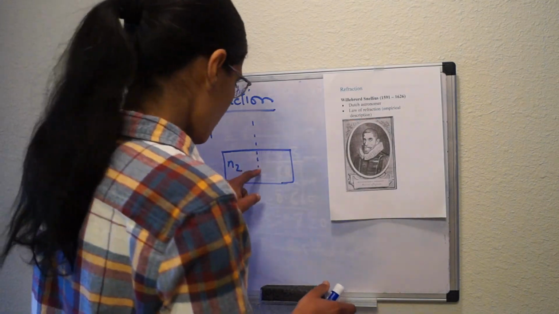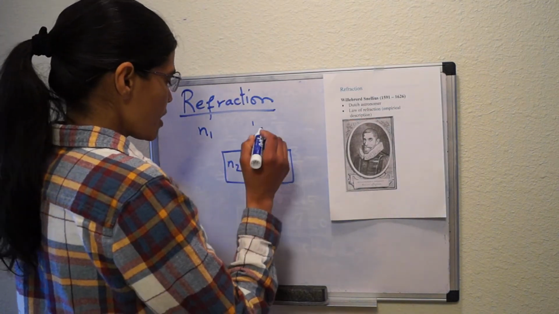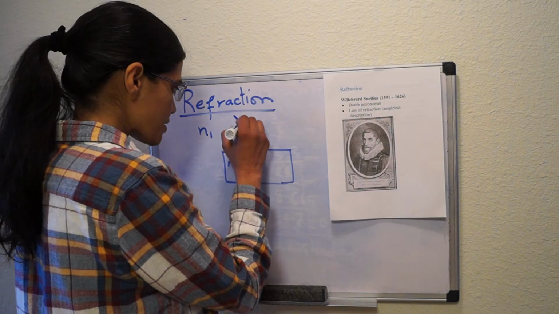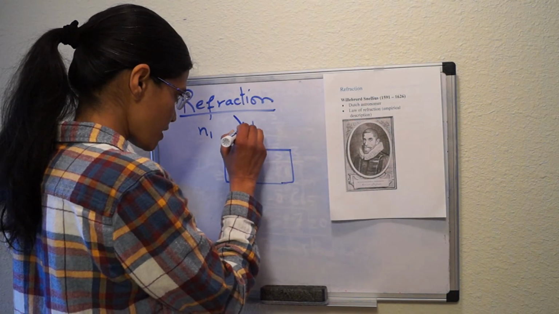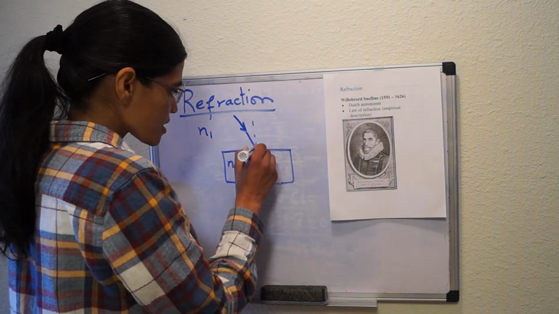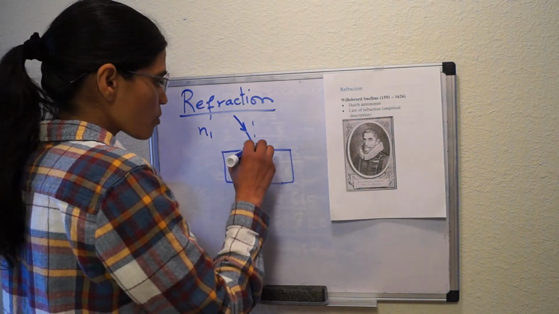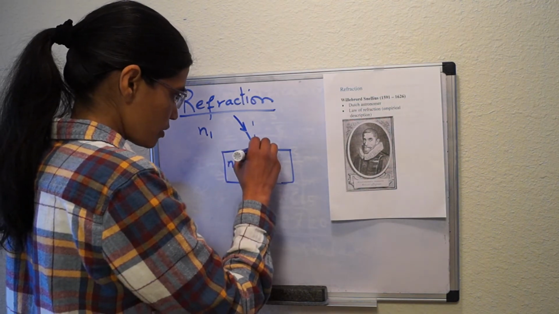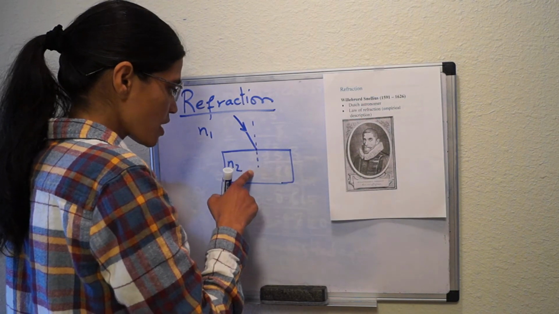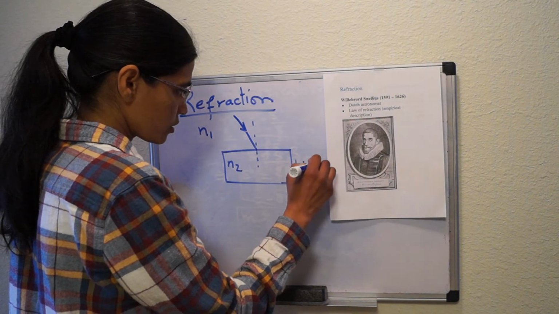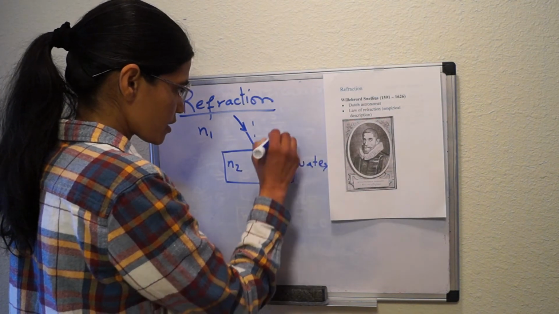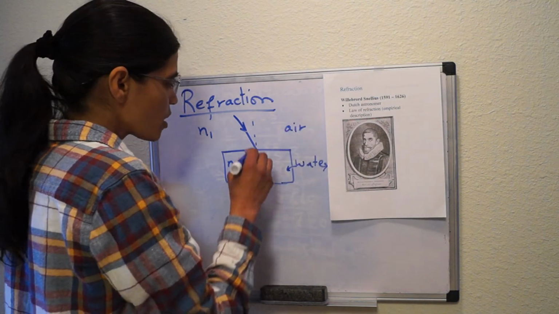Okay, so normal. Now, when the light ray is incident here and touches this boundary, some of the light is going to enter, because let's say this is a transparent medium, maybe water. And this here, let's say this is the air medium. What happens is it